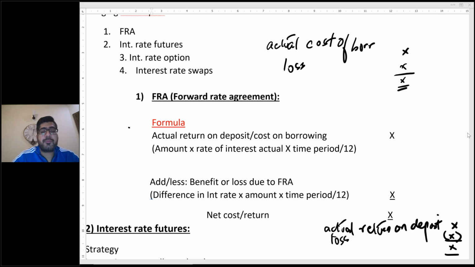But let's suppose you get a deposit case. So you'll first write actual return on deposit. Okay. And then you got loss due to FRA. So loss is likely to reduce my return, therefore I deduct it. Okay. Now also remember,